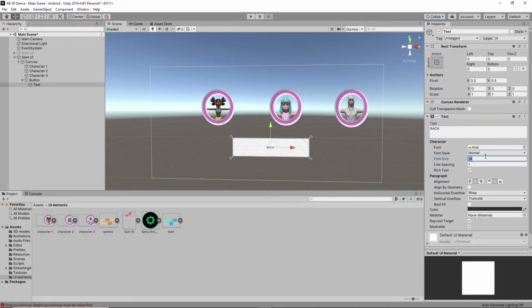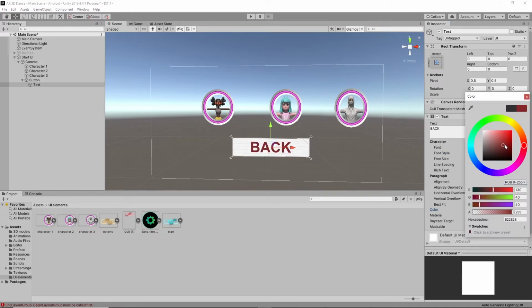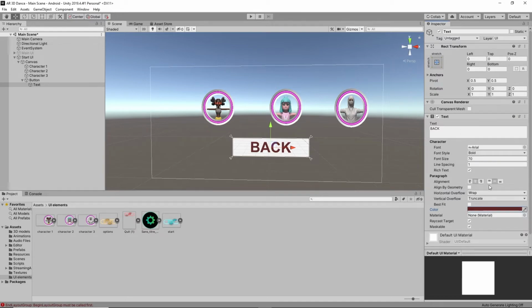Now I'm going to increase the size to 45. Yeah, you can increase more, 70. Yes. And go ahead, make it bold and give some color, black.